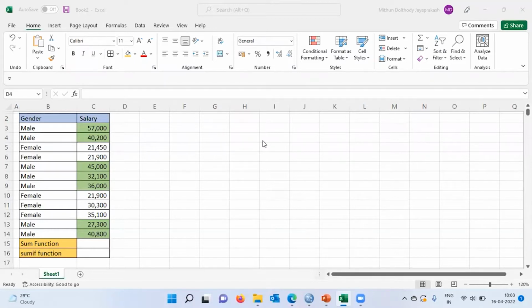My name is Mithun. In today's video, I'll be talking about what is the difference between a sum function and a SUMIF function in Excel. Even before I proceed to demonstrate what is the difference between a sum function and a SUMIF function in Excel,